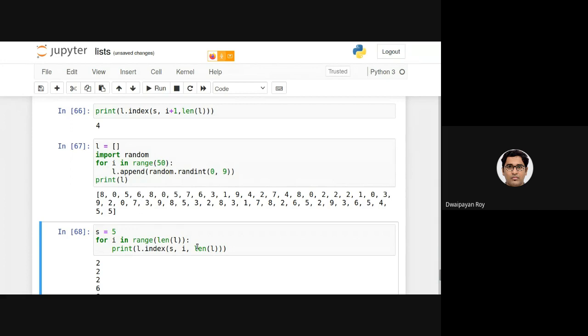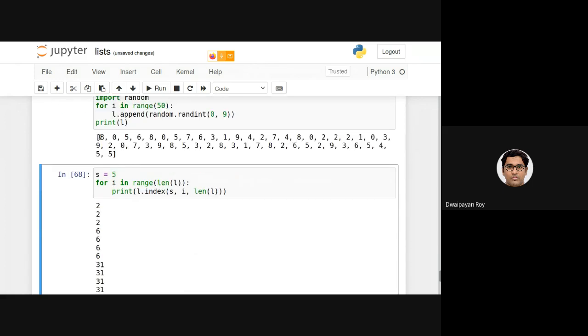So now you can see there are multiple. What this is doing is a very naive approach. I'm starting from here. The first occurrence of 5 is in the 2nd location. As you can see, for this it is returning 2, for this it is returning 2, for this it is returning 2. That's why there are three 2s. Then the 6th location. So I guess you can understand what the problem with this is and what exactly I'm doing here, right? We can actually improvise on it.